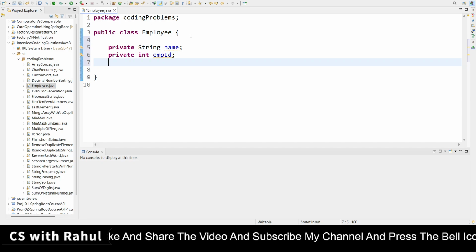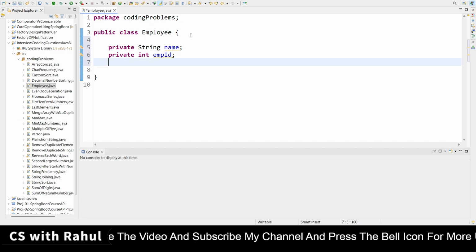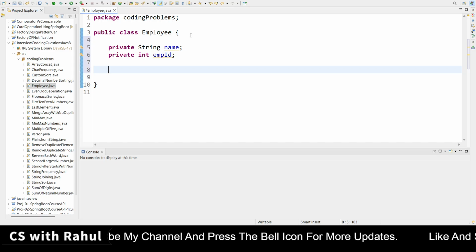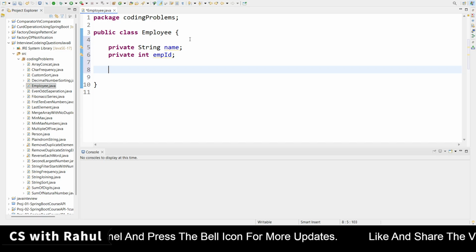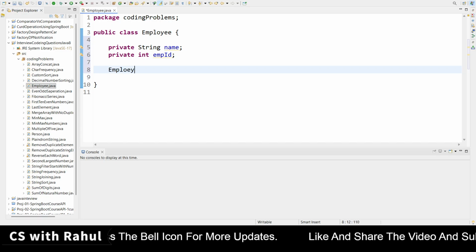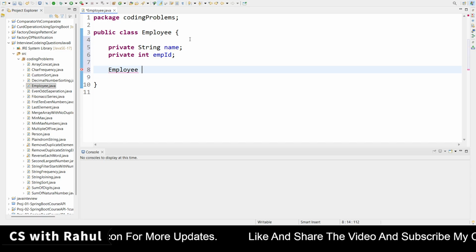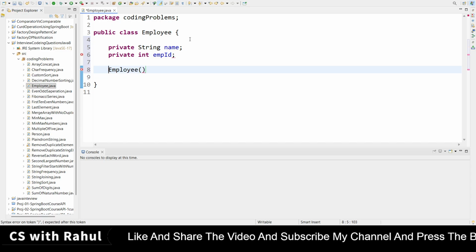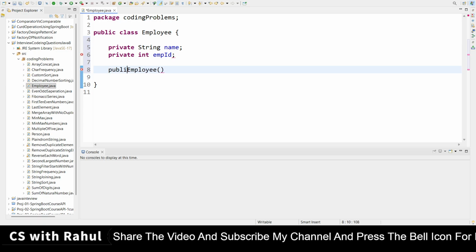Now I am not going to provide any main method or any setter method. I am just providing one constructor which will be used to set the data. When we create the object, we will assign through the constructor.